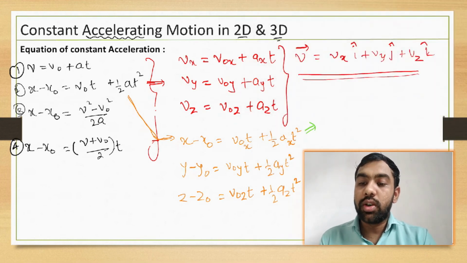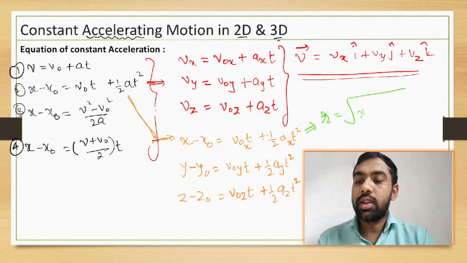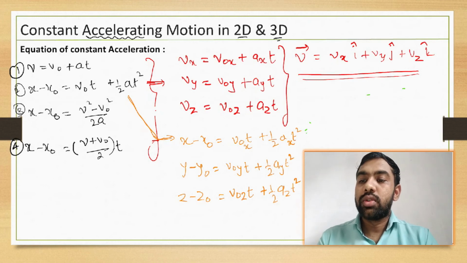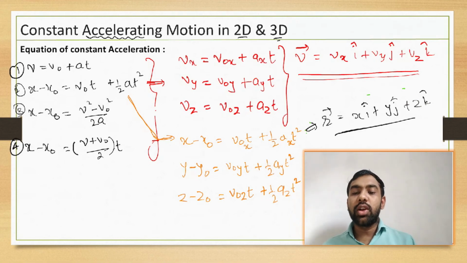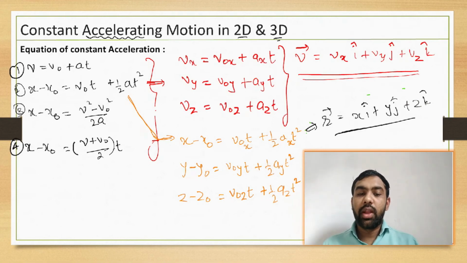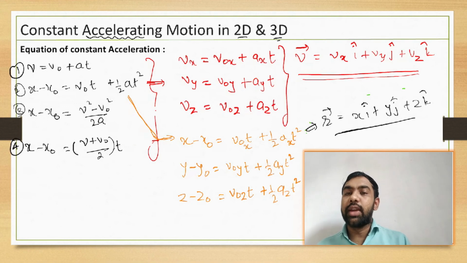Now after getting this one, how do you find the net one? So net is equal to what? R is equal to under root, sorry, that's not magnitude, we have to find all this thing. So here R is equal to xi plus yj plus zk. मतलब कि एग्जाम्पल सॉल्व करने के लिए कुछ ऐसा यूज करना है आपको. ठीक है, just apply this rule, each rule, and you get the answer in this way.